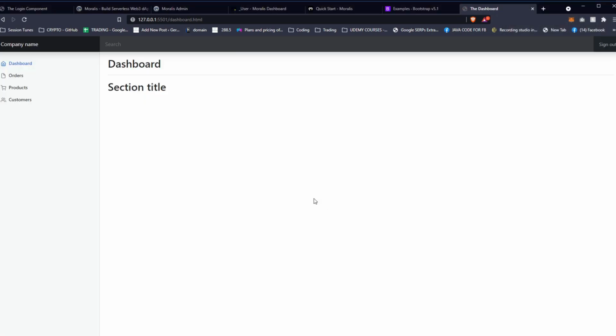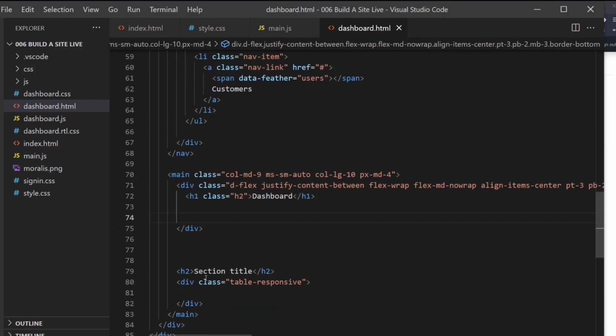And it should take us, there it does. Okay, great. Takes us through to the dashboard. Great. So the first thing I'll do is just connect up this sign out function, because what we want to happen is to remove our user and then take us back to the home page. Okay. So we'll go over to our